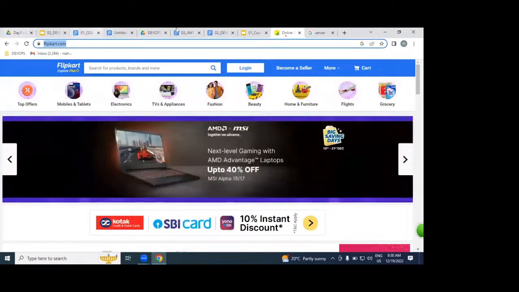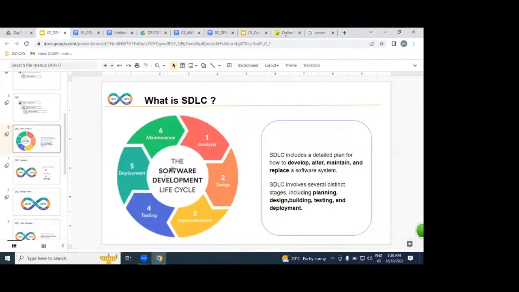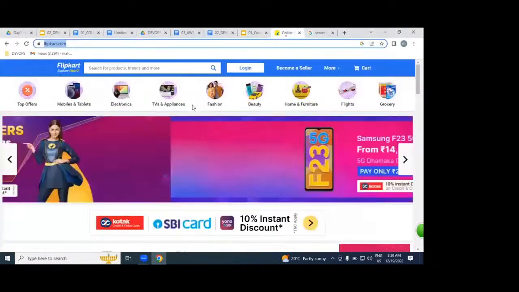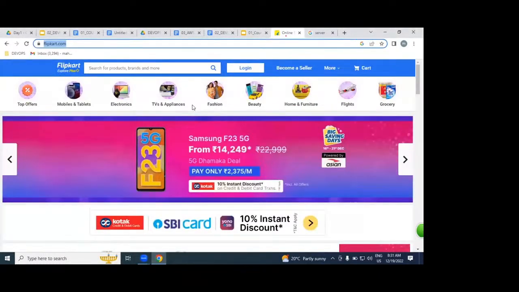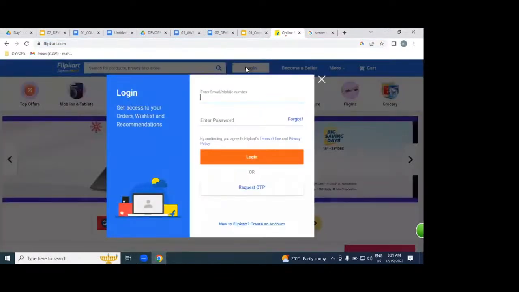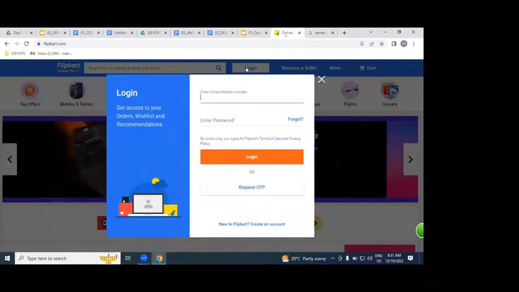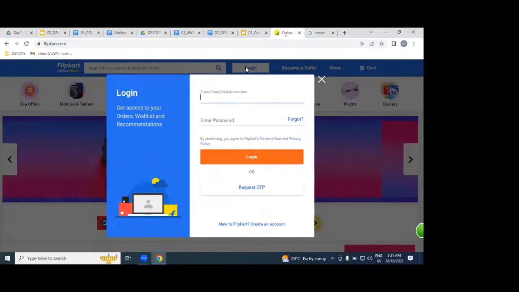The same way with our website. If you want to build a Flipkart kind of application, we need to follow all these stages. What is the first stage, guys? Analysis. Analysis is gathering information from the client. Who is the client here? Flipkart. What exactly is their business? How exactly the login page, the registration page, the payment gateway, the search page, tracking customers should work, each and every piece of information will be gathered from the client.